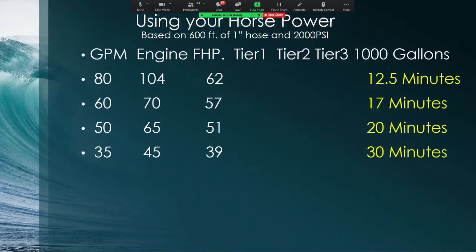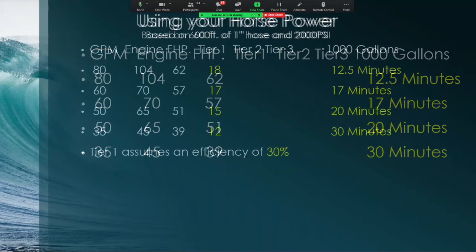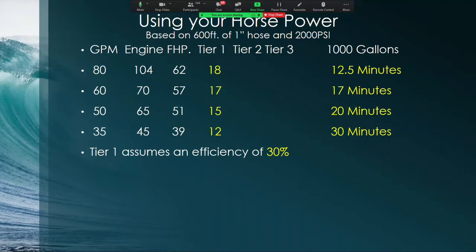We look at fluid horsepower ratings for each and every one of those flows. Again, everything based on 600 feet of 1-inch hose and a starting pressure of 2,000 psi. I try and make this as clear as possible. On a Tier 1 nozzle, which are 30% efficient, in the top level, the 80 gallon a minute column or